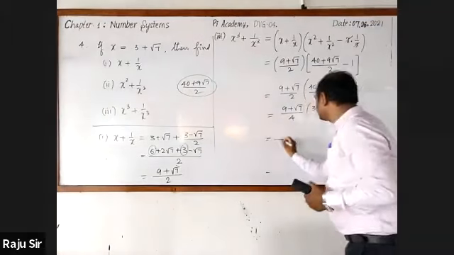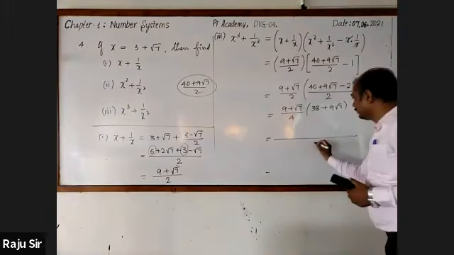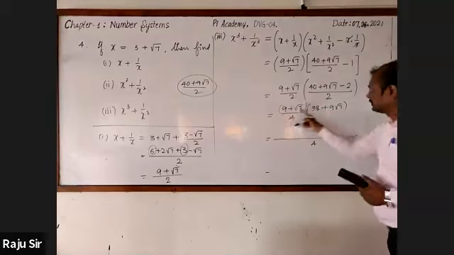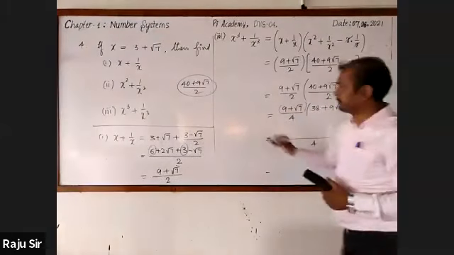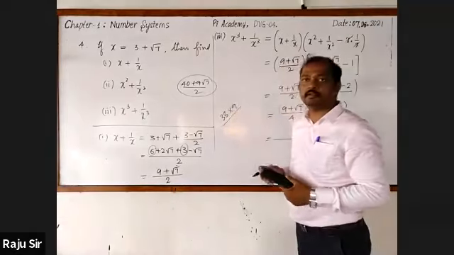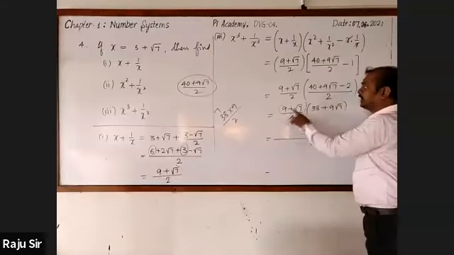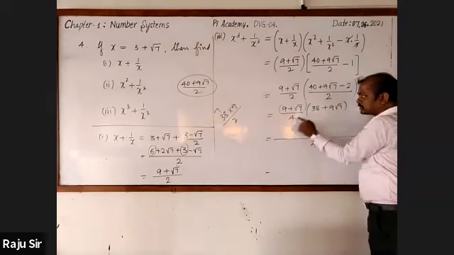Then this can be simplified as 4 is as it is. Now multiply 9 with both the terms. 38 nines are. Sir, you have to write in the denominator too, sir. In the denominator, you have not written the denominator too. Denominator here 2. No, sir, in the next step, sir. 38 plus 9 times root 7 by 2, sir. I have been telling, 2 is there. 2 is there. 2 2s are 4.